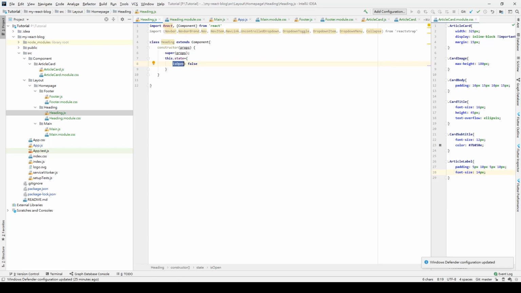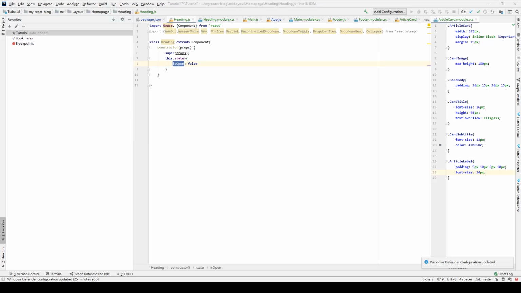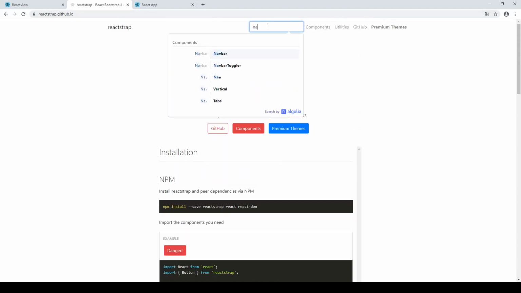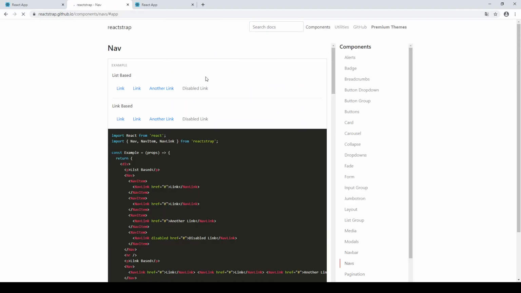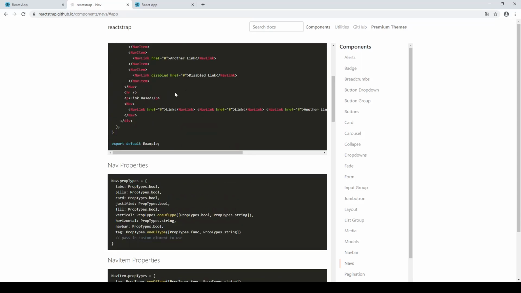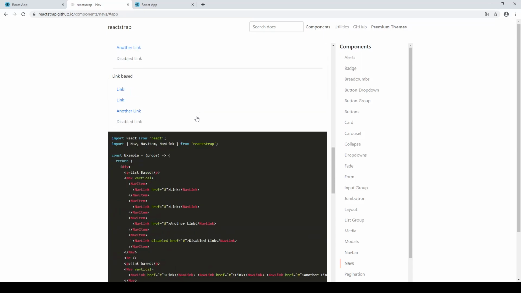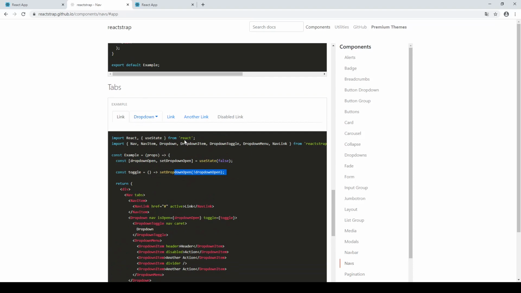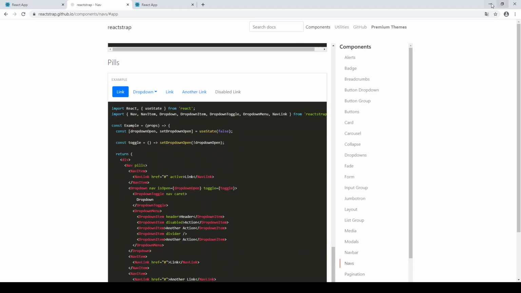So what is this? Okay, go back to the reactstrap website. We search nav. Okay, so this is an example of how nav will be displayed in the applications. We use a nav toggle to set the drop down here into droppable. Okay, so we go back here to the code,